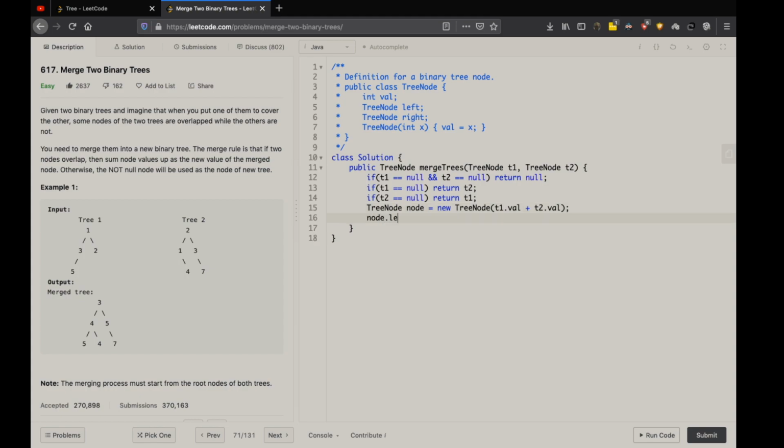and call it for the left side of the tree and the right side of the tree.